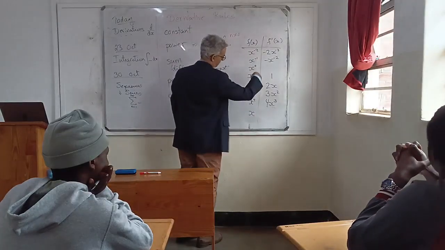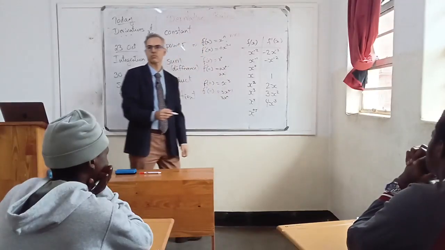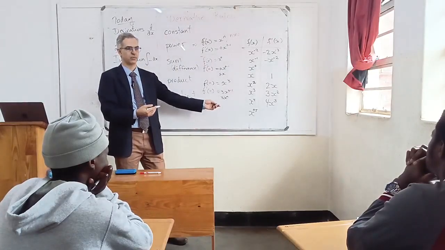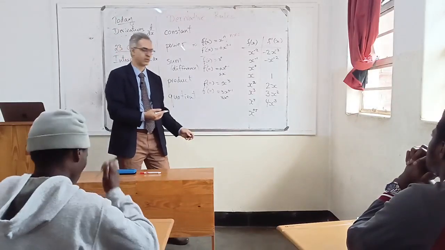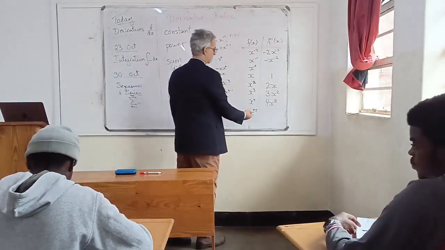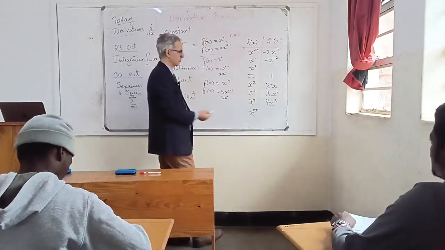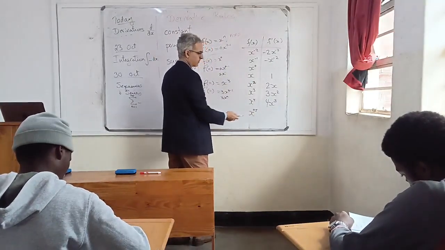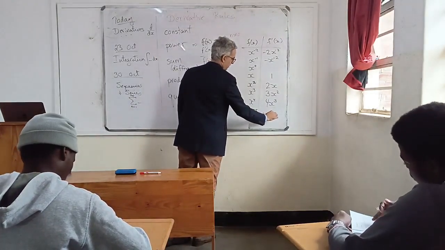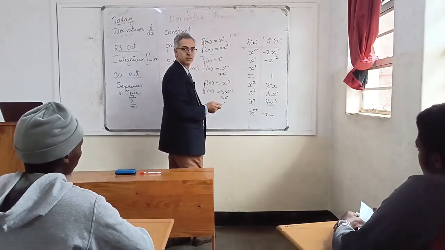Now, you might ask, this is not in the sequence now, but what about x to the 0.5? Sometimes we have, right? This is the square root. Remember, this is a fractional power. X to the 1/2 is the square root. So let's apply the power rule again. So we have 0.5. We're going to multiply it in front. So we're going to have 0.5 times x to the power 0.5 minus 1,